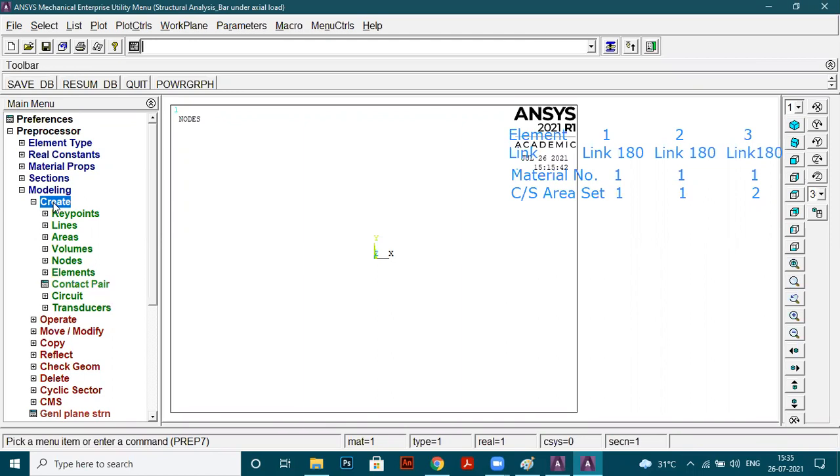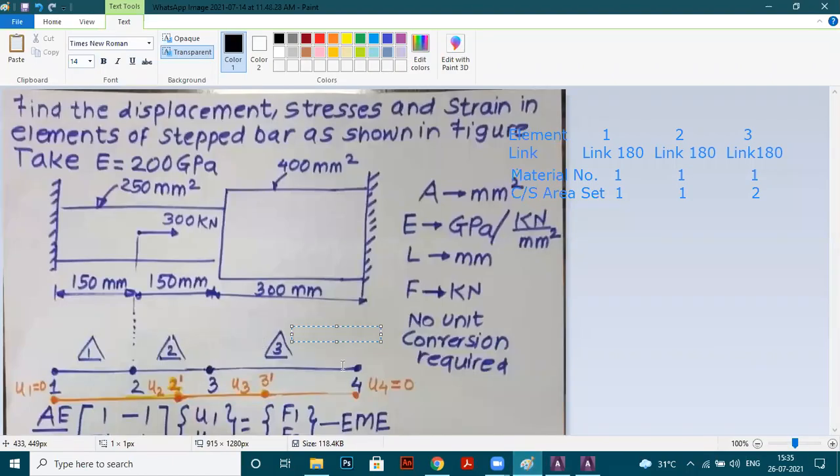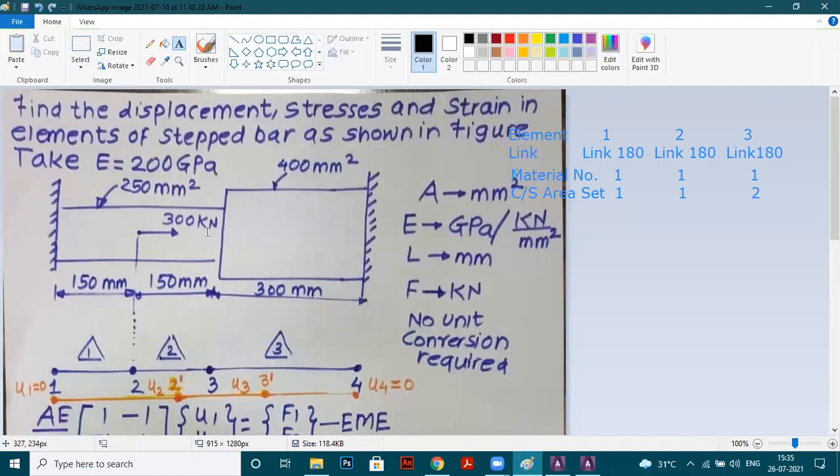So all of you, see here. This is the diagram which is given, right? Now, what I will do, I will just see, nodes have been already created: node 1, node 2, node 3, node 4. Elements are also there: element number 1, element number 2, element number 3. But you need to draw some diagram for that, right? We need to create some geometry in ANSYS. So see, what is a node? A node is nothing but a point.